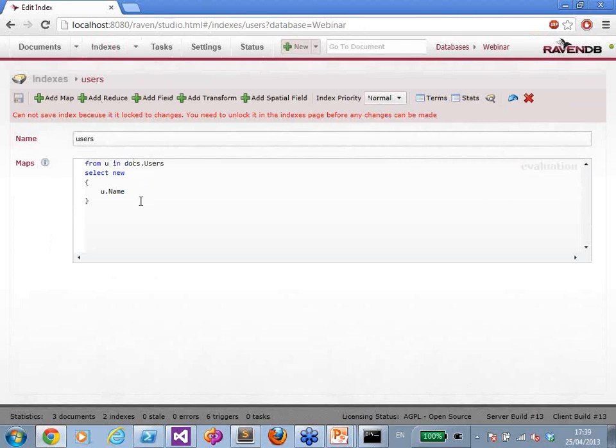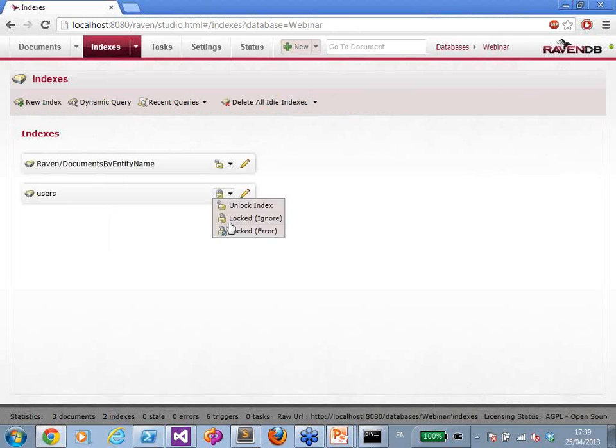I'm going to change that, and you see, you can't make a change. If you try, what will happen is that we say this operation has been successful, but we won't actually change the index. And we can also have